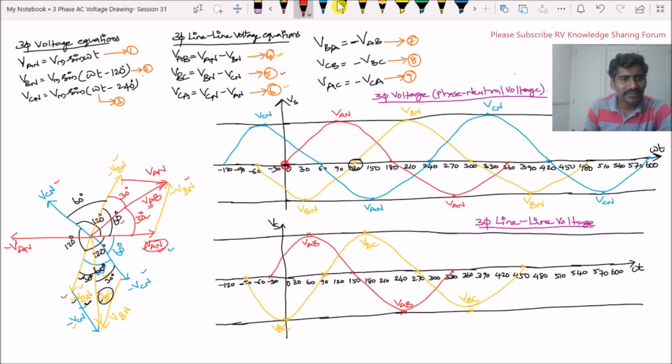The phase angle between the phasors VCN and VBN is 120 degrees. So the phase angle between VCN and minus VAN becomes 60 degrees, and similarly the phase angle between minus VAN and VBN becomes 60 degrees. As per our equation 6, we have to add our VCN and minus VAN in order to get our resultant line voltage VCA. So now let us draw a parallel minus VAN phasor. This is our minus VAN phasor, which is drawn in parallel to this minus VAN phasor. Similarly, now let us draw our VCN phasor.